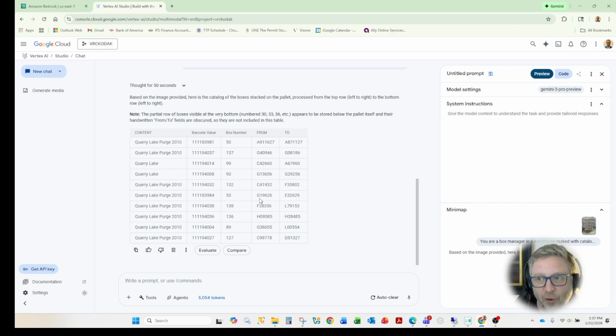Although it's in preview, it is quite a bit more expensive. To just give a quick side-by-side comparison, the Gemini 2.5 Lite preview version would have cost us around $100. The Pro 3.0 version is going to cost us a little over